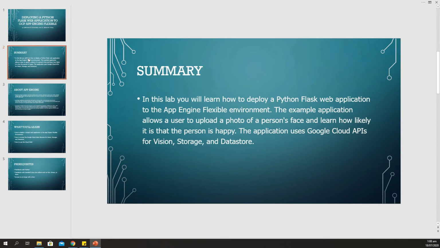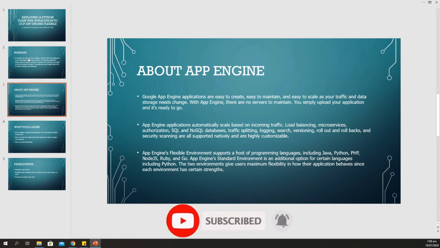Let me first tell you something about Google App Engine. Google App Engine is easy to create, easy to maintain, and easy to scale web servers, which means you don't have to maintain any servers by yourself. Your server will automatically scale up and down according to your need and traffic.